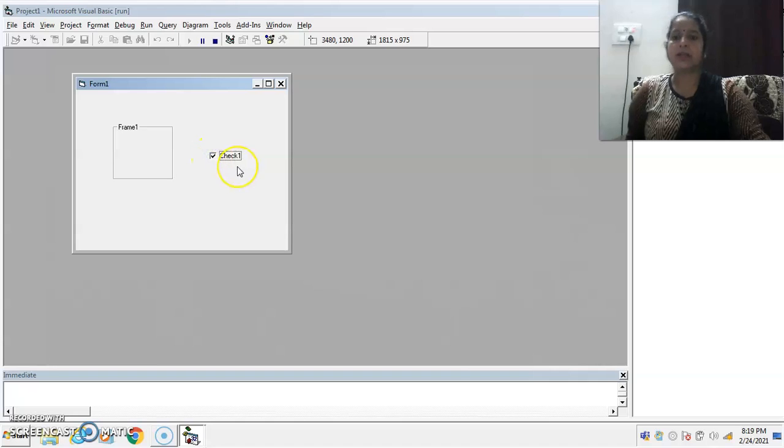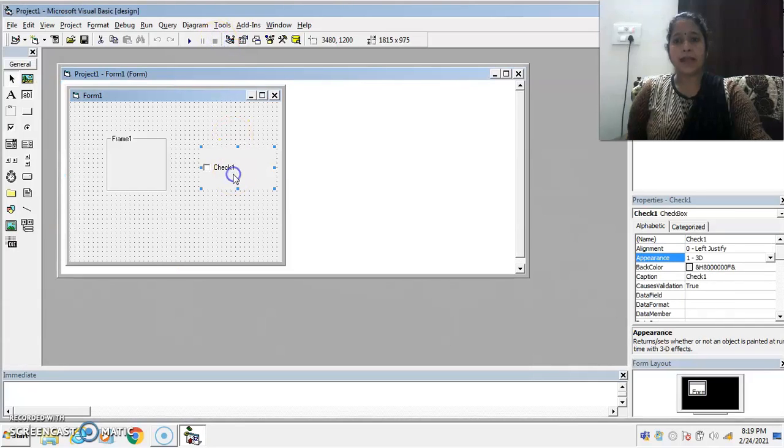I click here, it is selected, and when the user clicks on it again, it is deselected. When selected, it appears as a check mark in the checkbox control. The next important point is that checkbox controls work independently, meaning we can select multiple checkboxes at the same time.